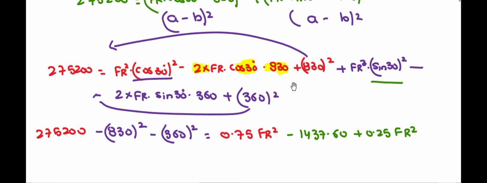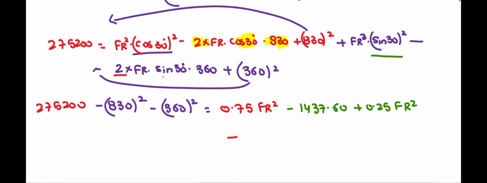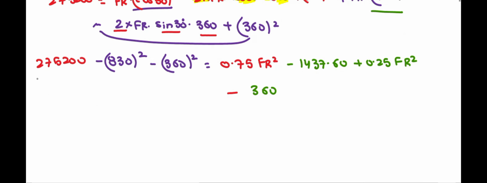Similarly, with negative sign, 2 into sine 30 into 360, so you will get negative 360. Now 275200 with negative 830 whole square with negative 360 whole square, so you will get negative